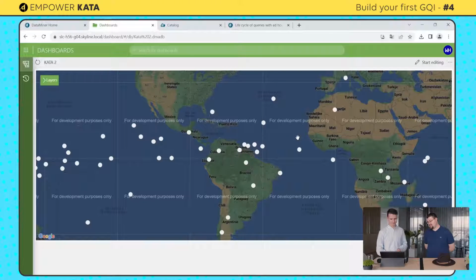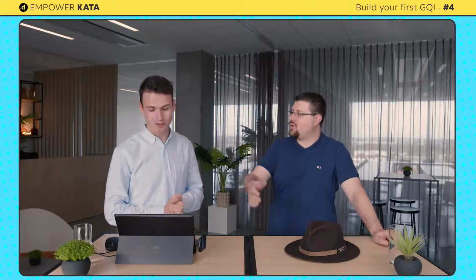So could we say that if someone following along takes a screenshot of this, we might consider it? Indeed. One thing to mention about that is the maps component is still behind soft launch. I think it's the dashboards and reports GQI maps soft launch component. So maybe we should step back and make a screenshot of the table. The table or the map. It depends.